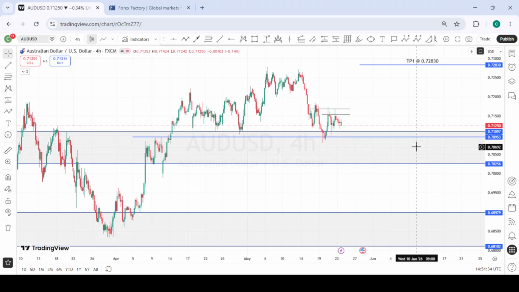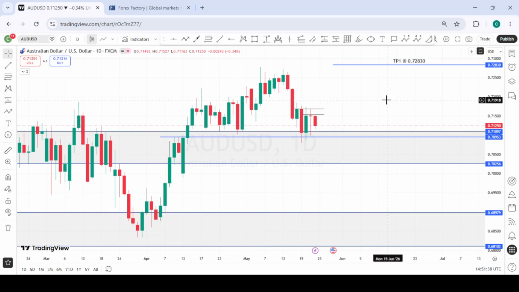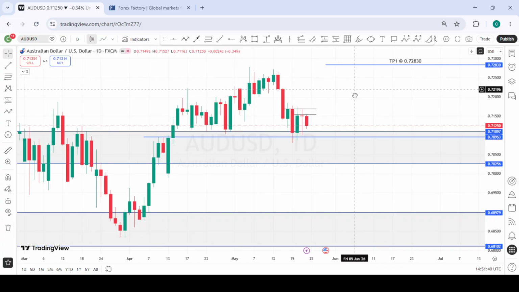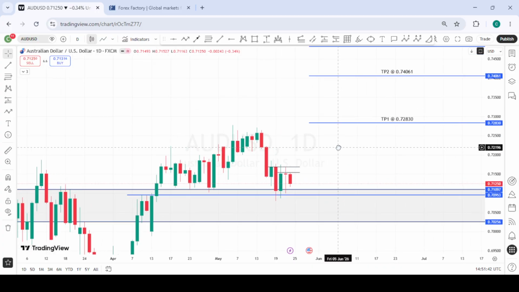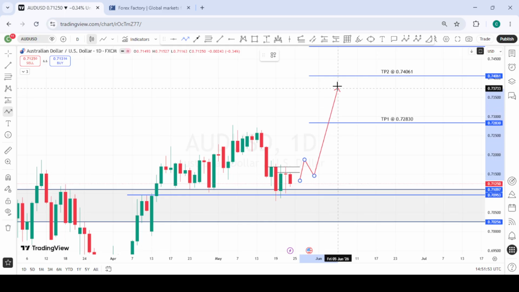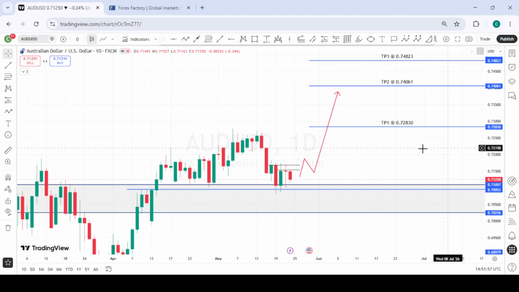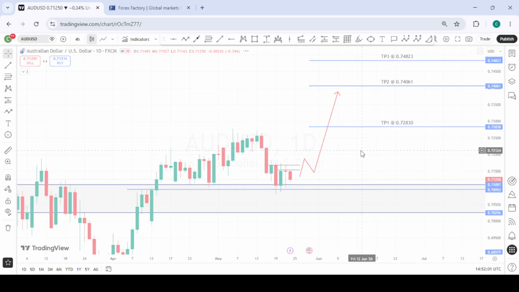This is AUDUSD, and for AUDUSD, since we are looking forward to a weaker DXY, we are going to look at the bullish side of things for AUDUSD. So going into next week, we are waiting for a daily candle shift. Should we get a daily candle close above this daily structural point we have here, we'll look forward to a possible higher low formation and continue to look for our buying opportunities to the upside. So we are bullish at the moment on AUDUSD, but we have to be patient to see how price develops before we take our bites.